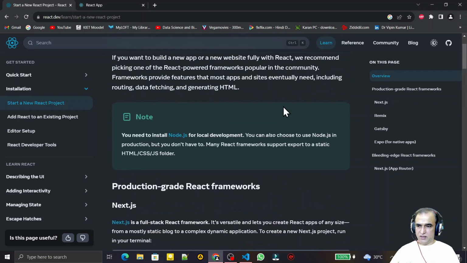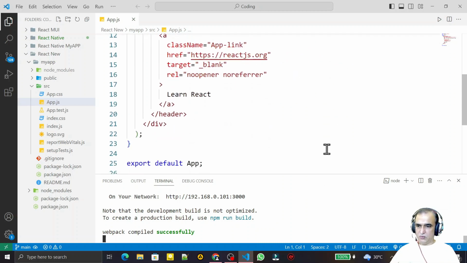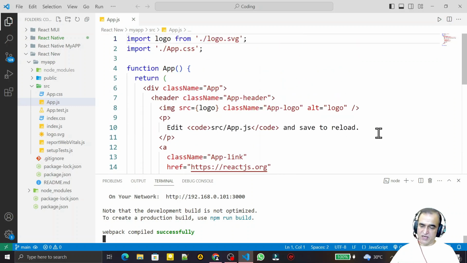That's why they are still supporting what we are running, but maybe in future we may have some drawback here. But it is better to run this right now because we have some pending projects and pending work that require create-react-app. So there is no problem right now, and you can make your create-react-app, your CRA, workable. This is the one solution I have explained in this video.